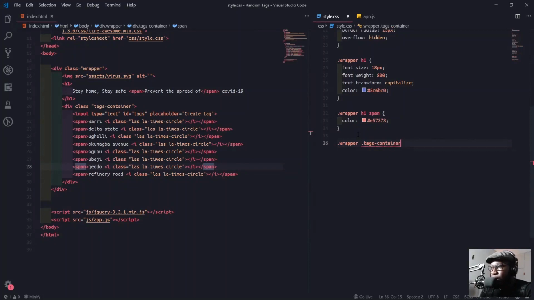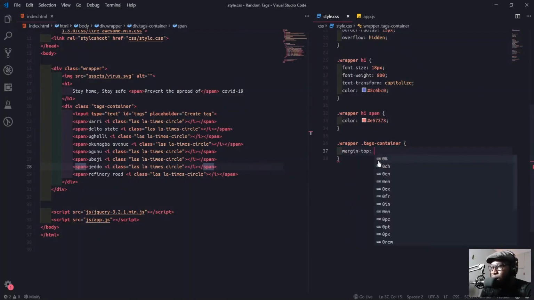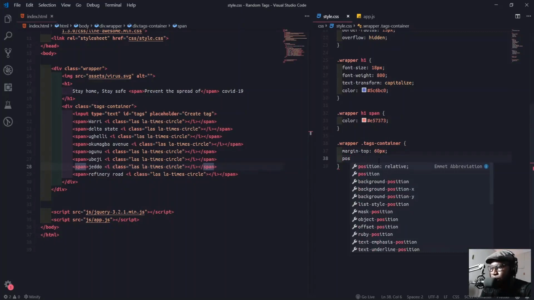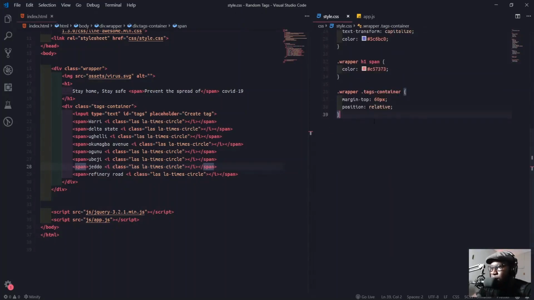For this tags container now, we'll say margin top is 60 pixels. Then position, we'll give relative. I'll come down and just copy this one quickly. Time, okay, so 10 minutes, yeah.